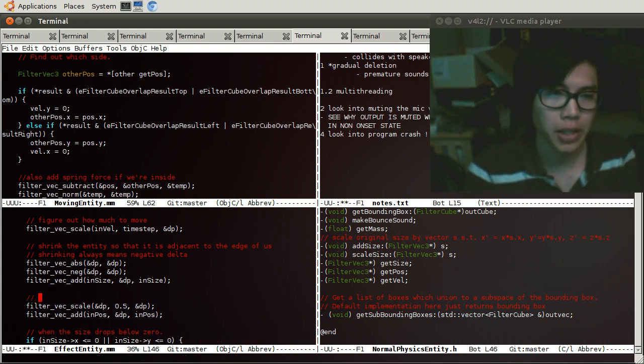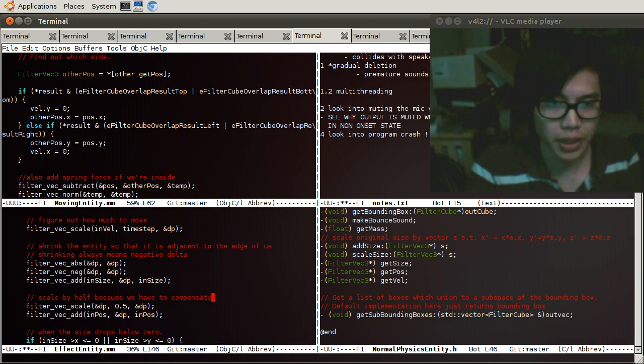We should make the comment: scale by half because we have to compensate for